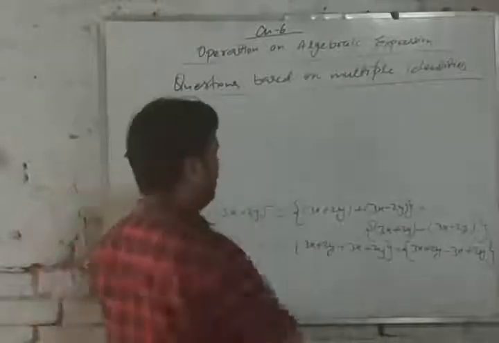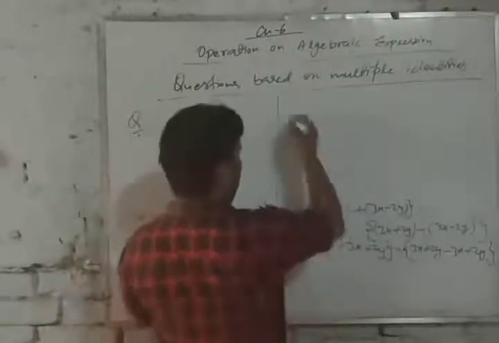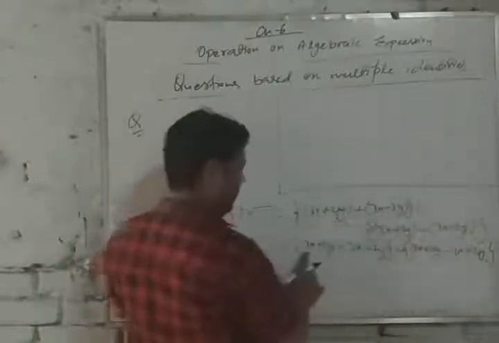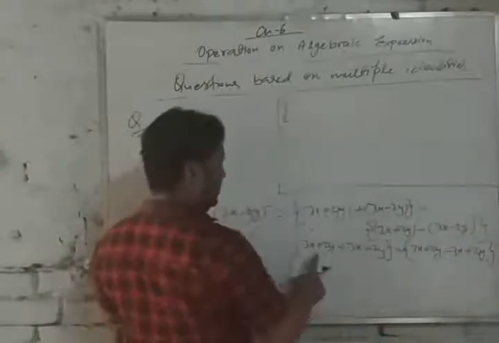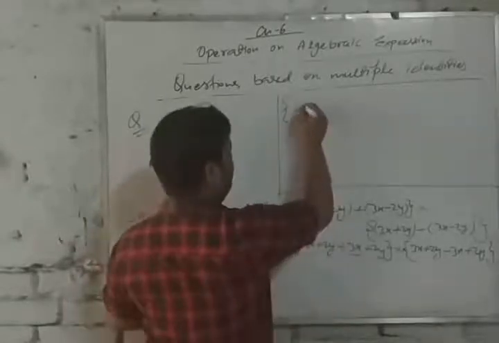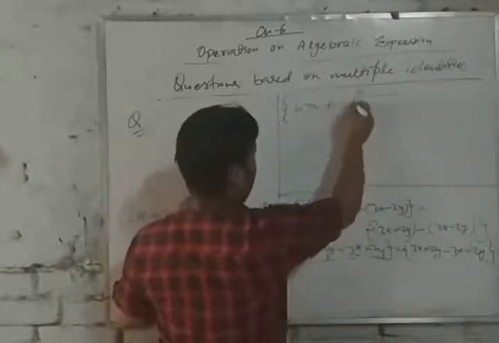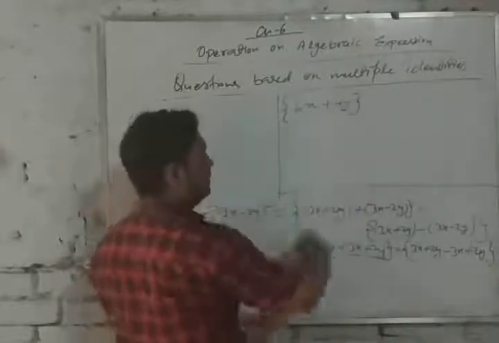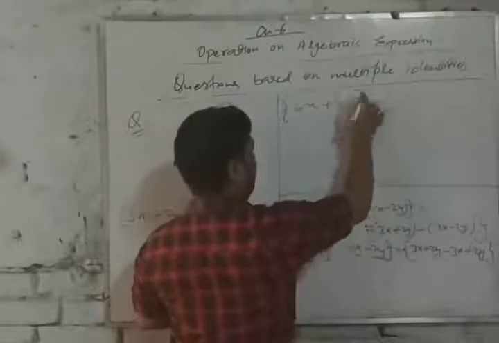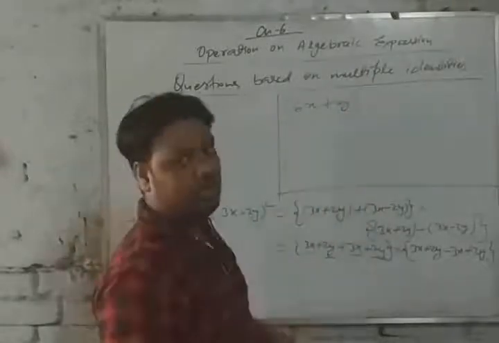Now I am solving here upside. Here now, the middle bracket: both are like terms, both are plus sign. So we will have 3x plus 3x, 6x, plus 2y plus 4y. Okay, done. Now we can write it as a small bracket. If there is only one bracket, then we will use a small bracket.